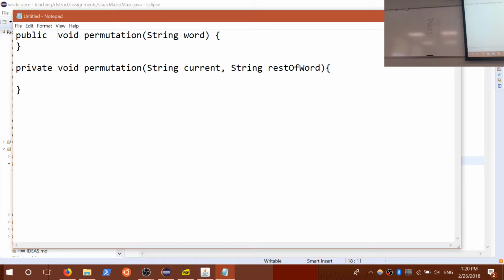I guess the idea would be for each character in the rest, print all the permutations of the current with that letter added on. So if we have the empty string given, maybe like